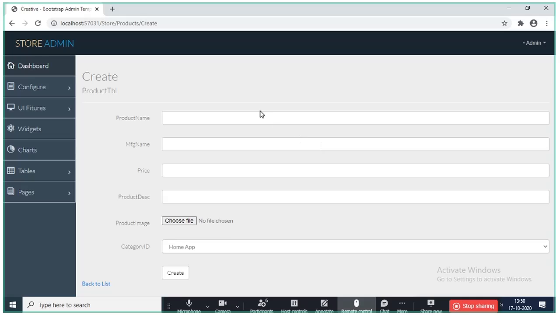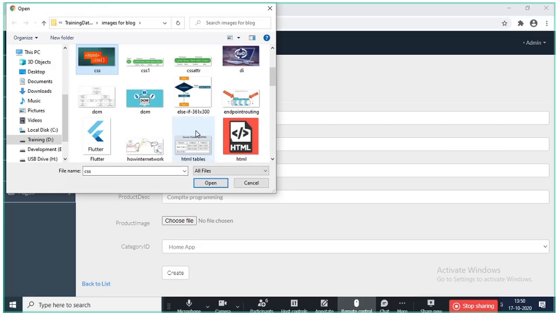I'll create a few more products. Suppose if I create C# programming, and we'll say manufacturer suppose. Oh, sorry. Here we need to put the author name, so BPB, and we'll say price of 550. I'll say description, complete programming book. Now if I